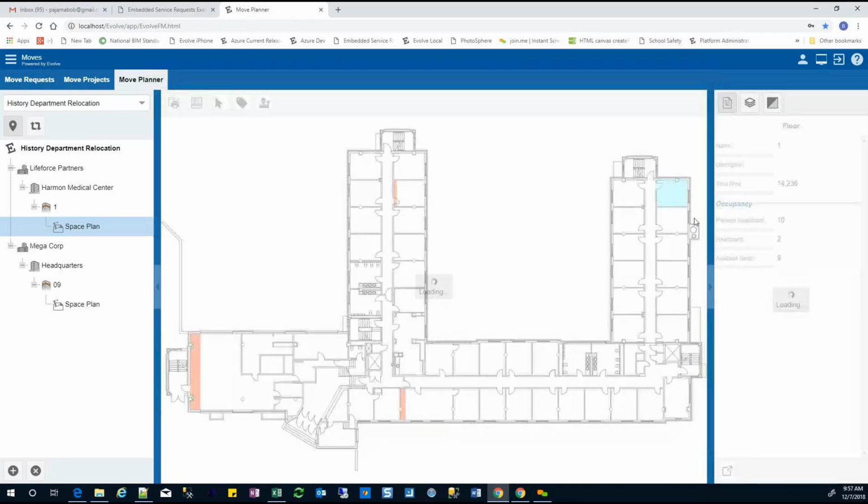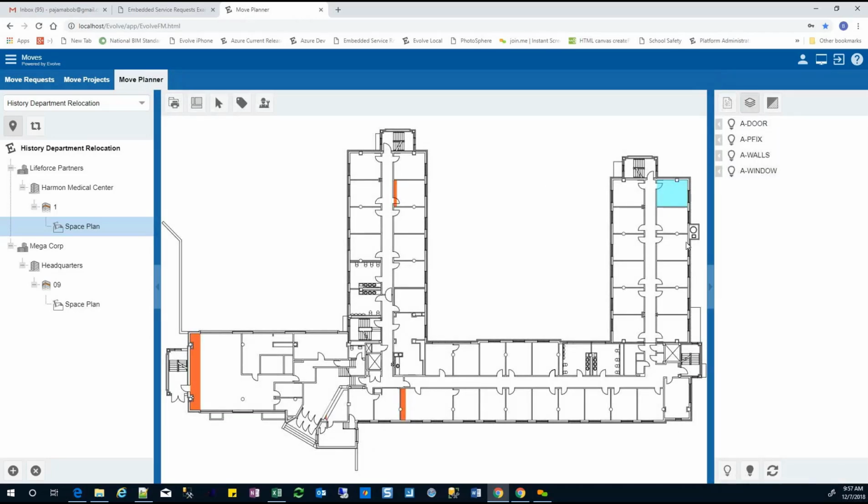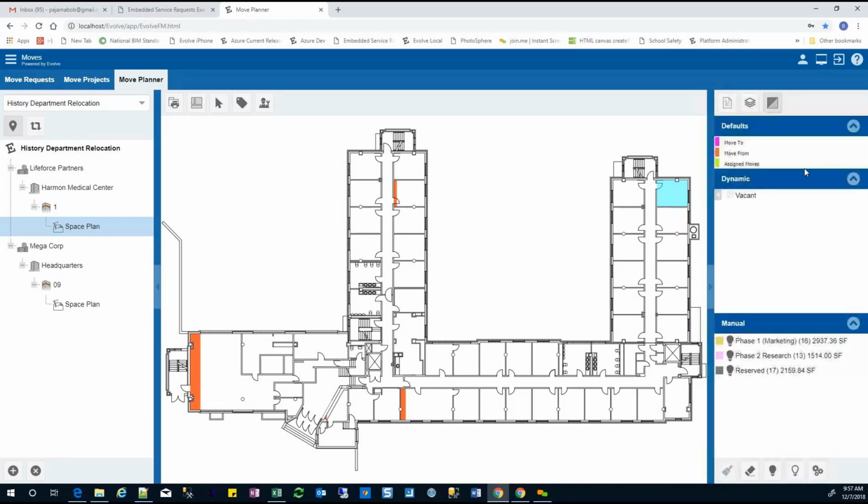So if I go over to themes, yes, I can pick on a space and I can see what it is and see its attributes. Yes, I can turn some layers on and off if I want. But themes is different. It's actually highlights. And there are 3 default highlights: people are moving to this space, people are moving from this space, or this space is assigned to another move on a different project. So you can instantly see that, hey, I have people moving from these spaces for a